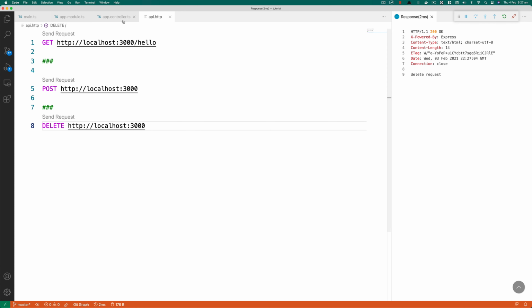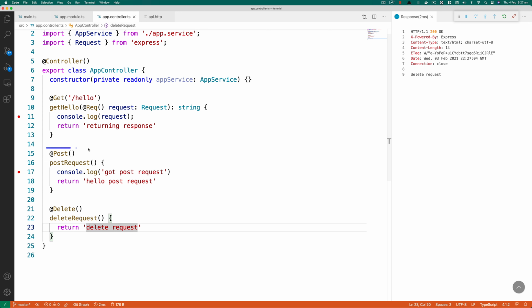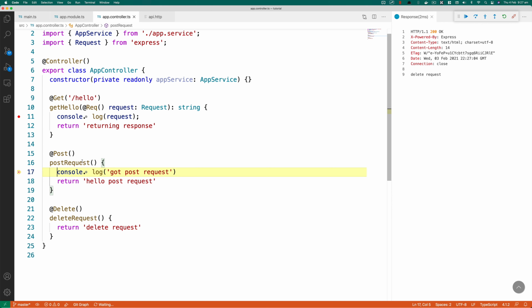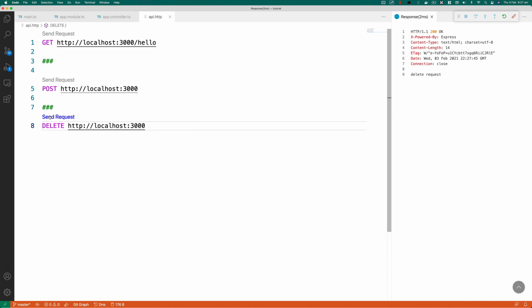But there's a problem here we need to discuss. Right now, this post request is at the root level, and the delete request is at the root level as well. What's going on there? So if I send the post request, this will automatically take a look at what API endpoints are available at the root, and then it will match that with the type of request that you're sending, and then it will use the function that will return the response. I'll click on this button here, and now if I go and trigger the delete request,